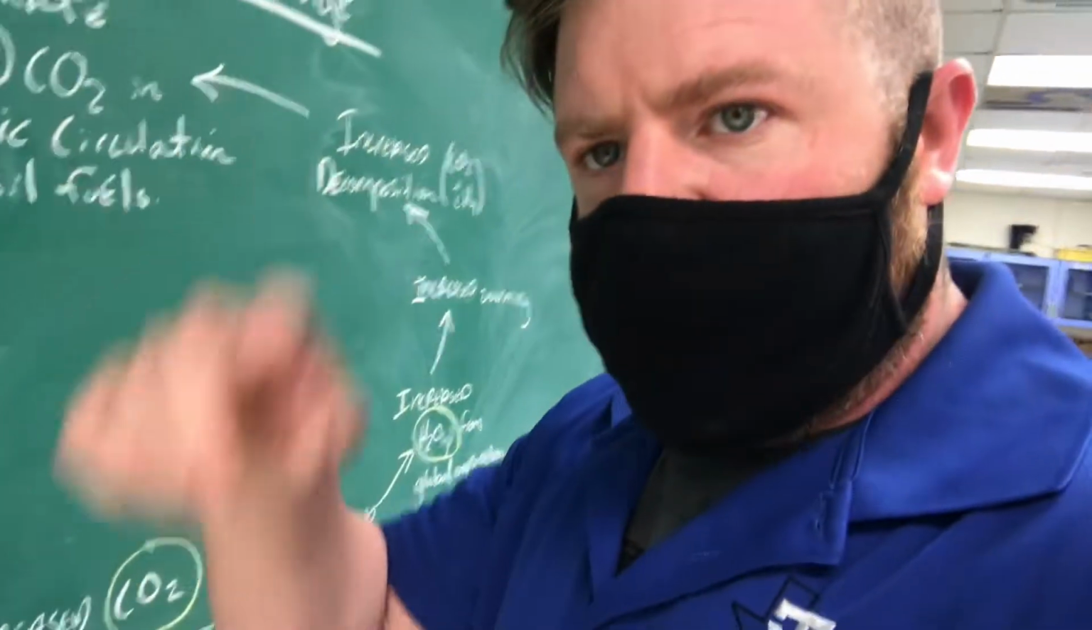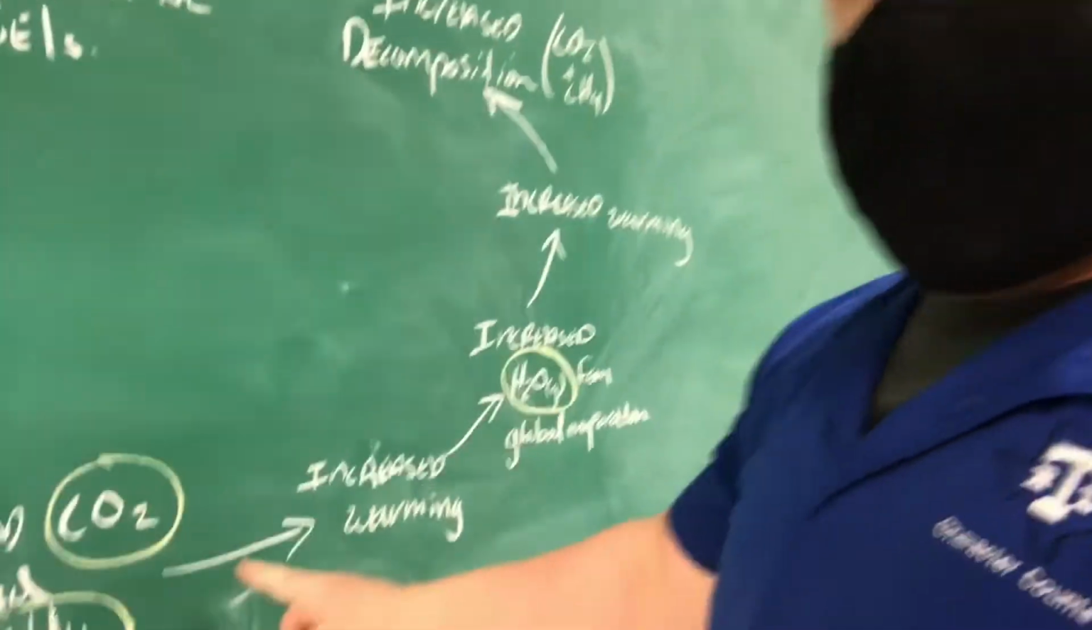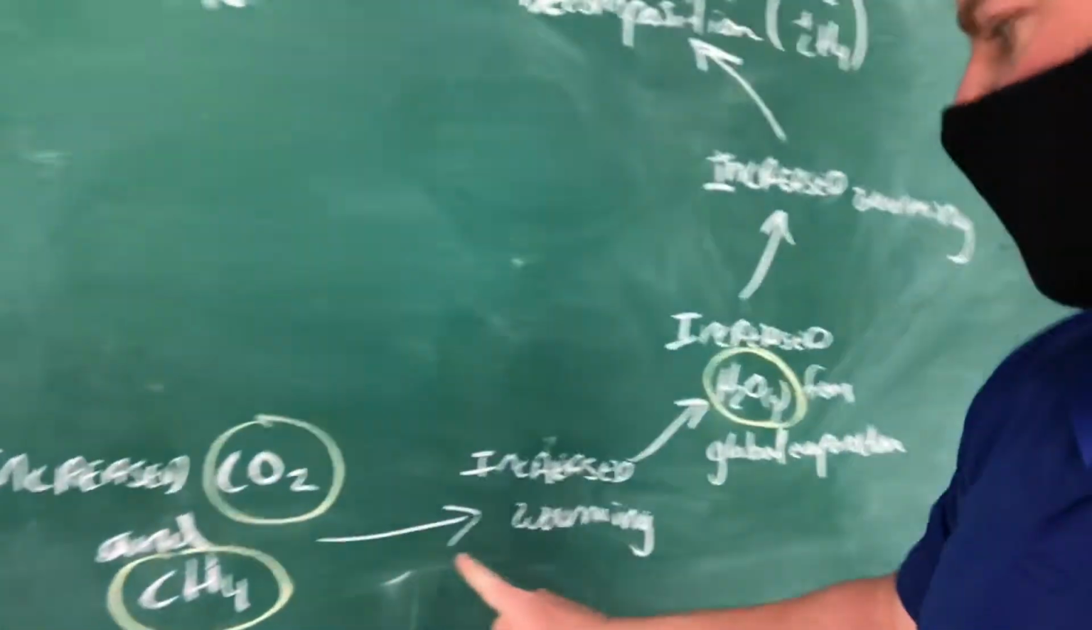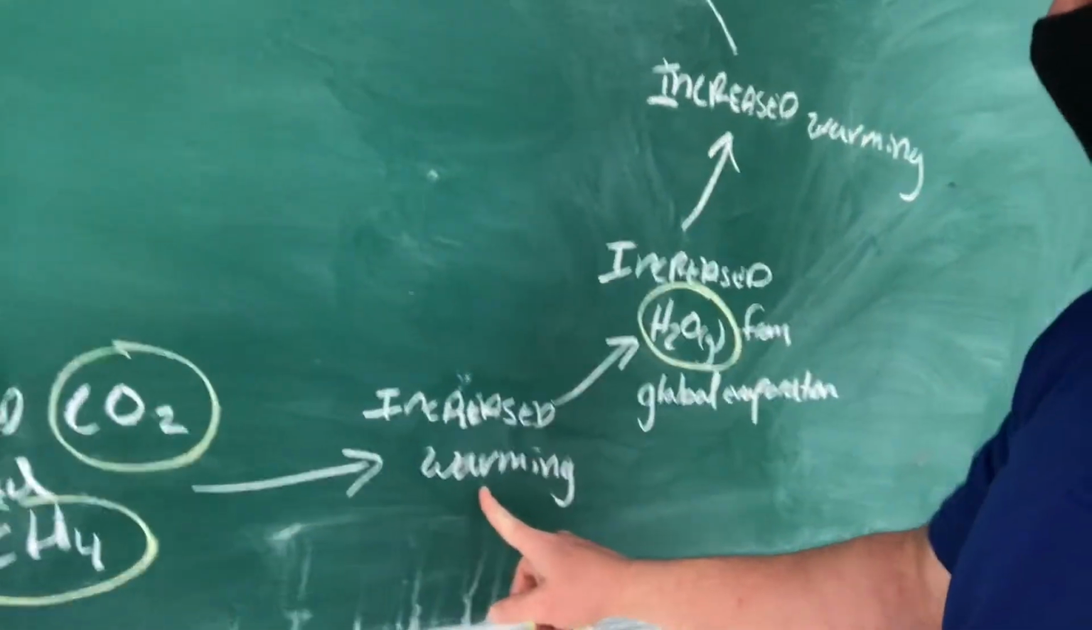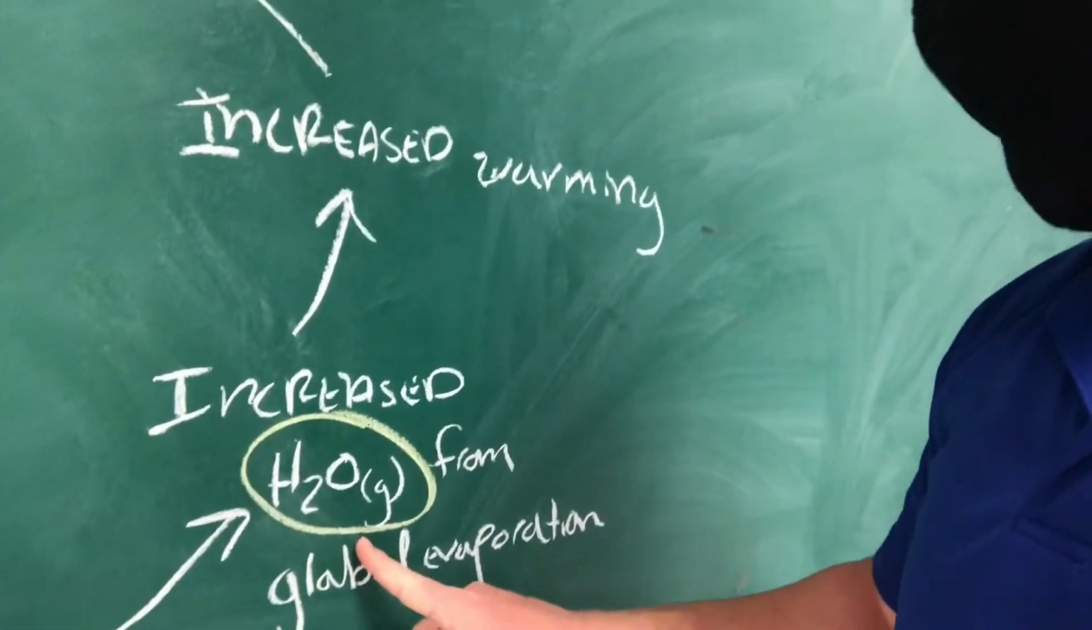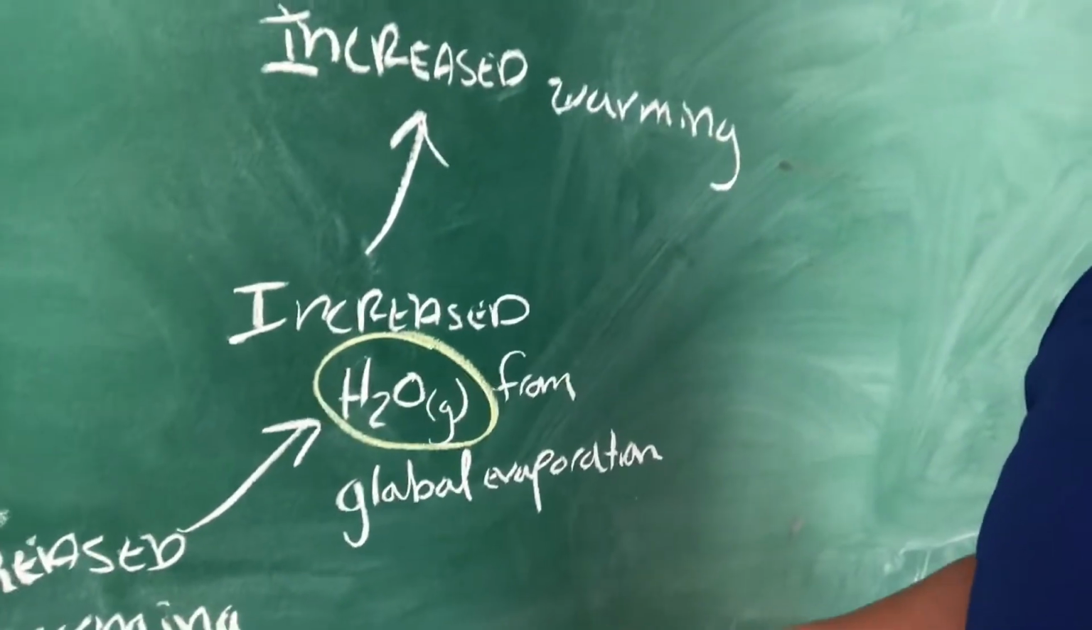So we're getting a global increase of both of those from a global increase of decomposition, from a global increase in warmth. Just so we're keeping track of it all. So we get an increase of those from increased decomposition and melting permafrost. So we've got increased warming. And then with increased warming, of course, we've got increased evaporation. And so now we have an increase in H2O sub G, water vapor, in the atmosphere from evaporation rates increasing